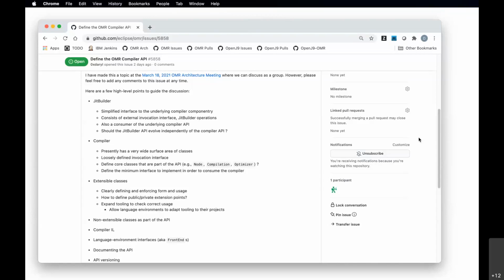Because it would be very easy to create an API that reflects some of the assumptions that we currently make in the implementation of the compiler. And then later on, if we figure out that those assumptions are problematic, either not general enough or needing change, that is in turn going to cause us to have to change the API.